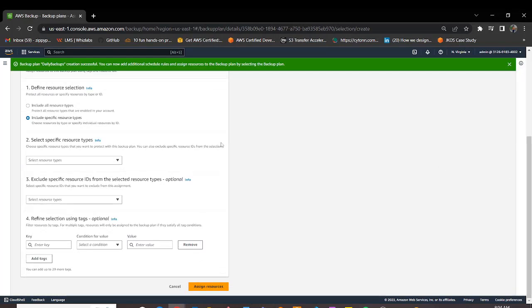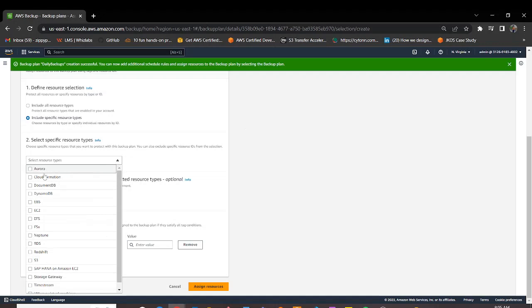So if I don't want to do that for all resources, remember I mentioned you might have different requirements for different resources. You may have resources that you need to back up daily, you may have resources that you need to back up weekly, and you may want to have this in different backup plans. So that will be how you differentiate all that. So include, then from here you would select all the resources that you'd want to assign to this backup plan. But the catch here is